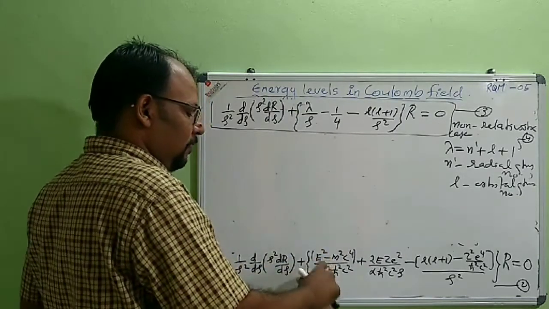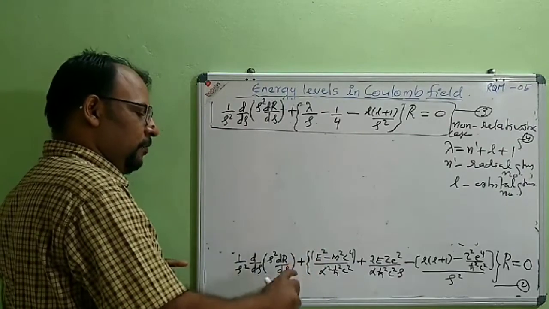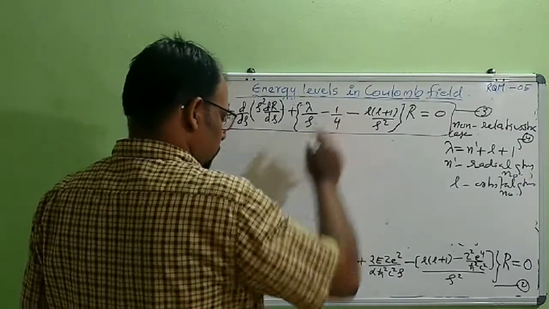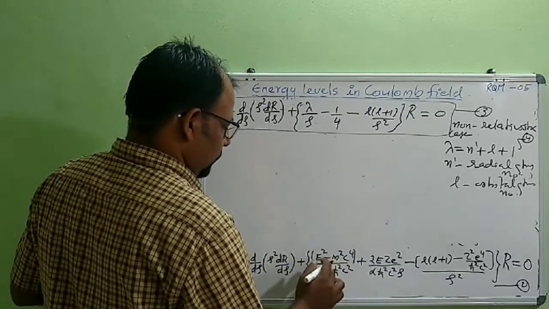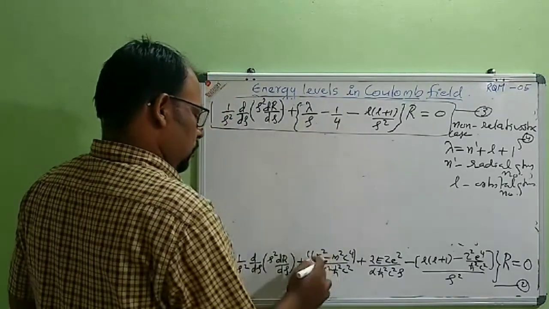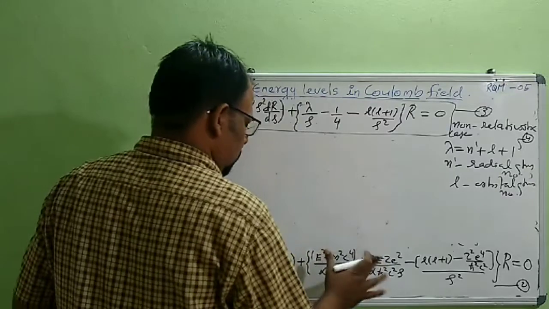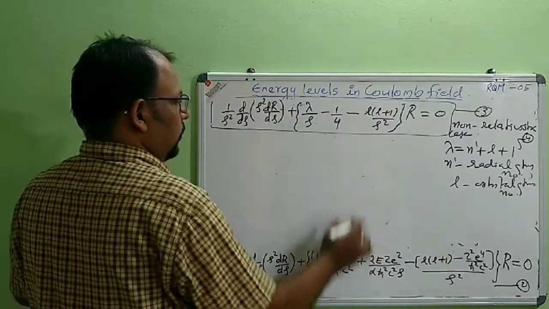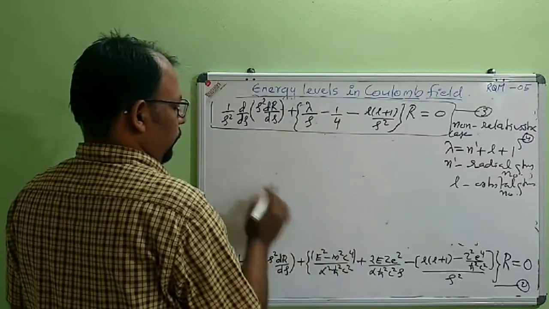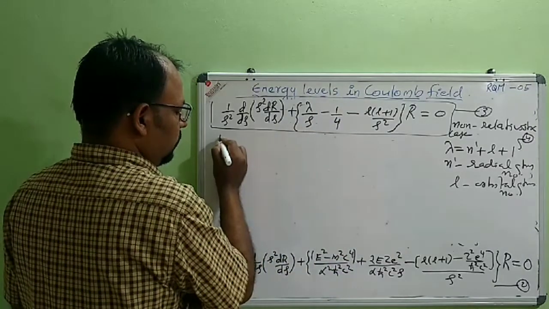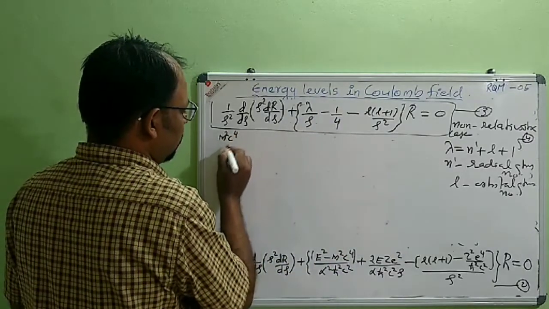So we can select the value of alpha in such a way that this term becomes minus 1 by 4, or we can write, I am taking minus, we can substitute for minus 1 by 4, or we can write m square c raised to 4,